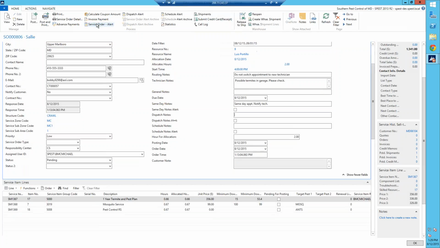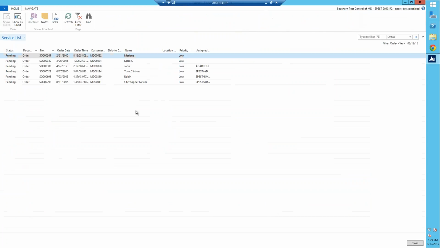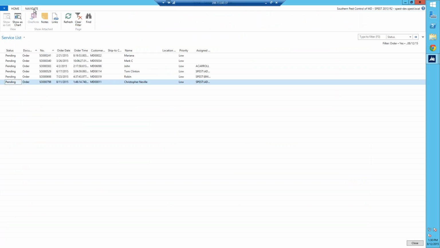It's so annoying because it's not working right. You click here, and then it will show you a list of all appointments. You see service order numbers and customer numbers, and it shows you a list of the same-day appointments. Then what the dispatch department would do is go to this navigate and hit card,